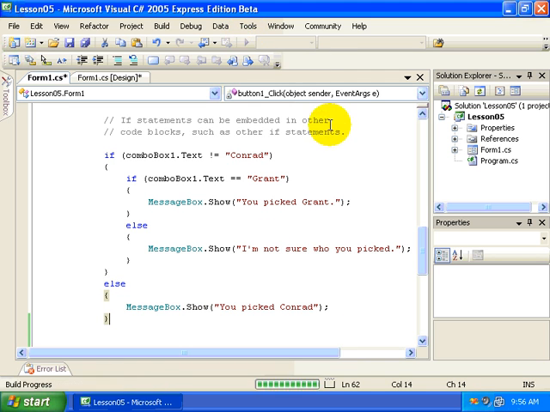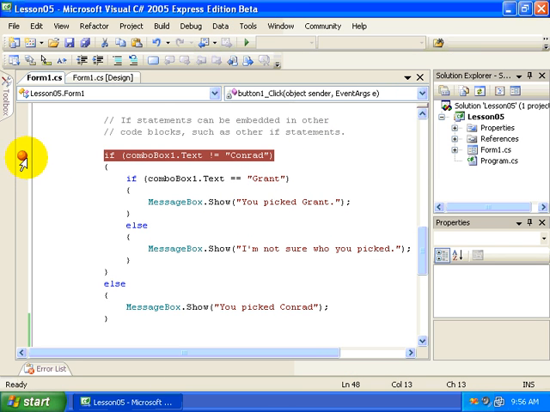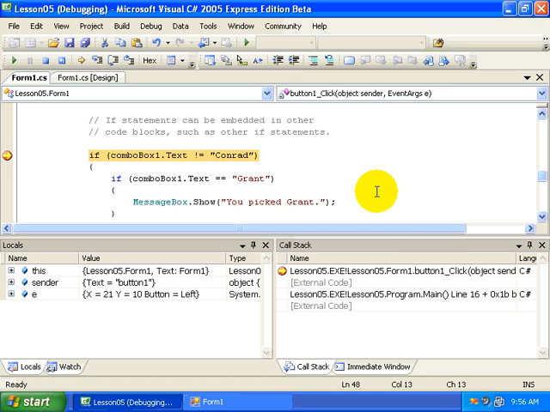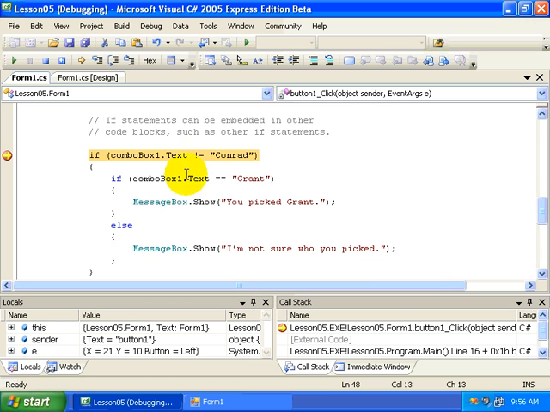Let's run it to see how it works. And I got an idea. Actually, let's stop this and let's put a breakpoint here, so that we can watch the execution of our code and monitor how it works, like we introduced in the first video in this lesson series. So in this case, I'm going to pick Beth, and I'm going to click the button. Now, notice that I get my little yellow line of execution. I'm going to hover my mouse cursor over the word text, and notice that combobox1.text equals Beth. Great. So what we'll do next now is step into the next line of code,